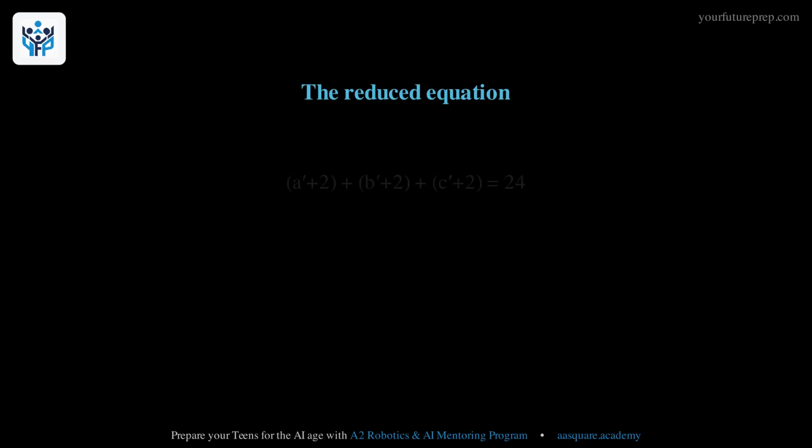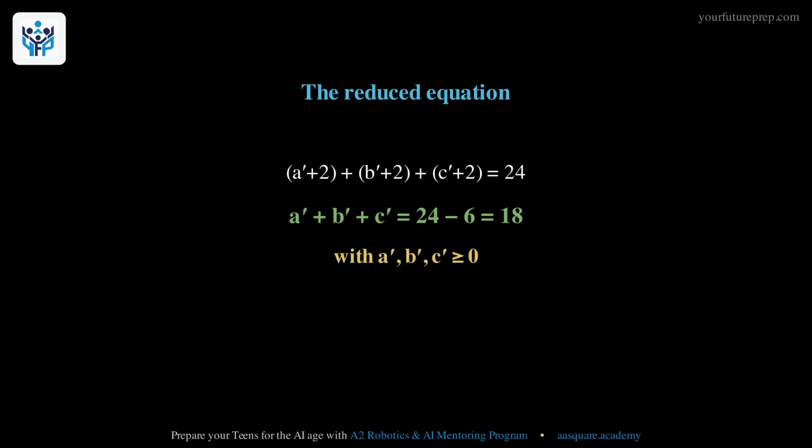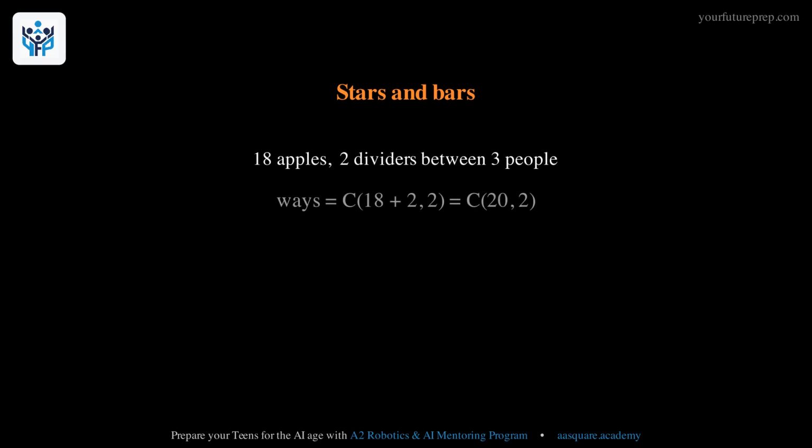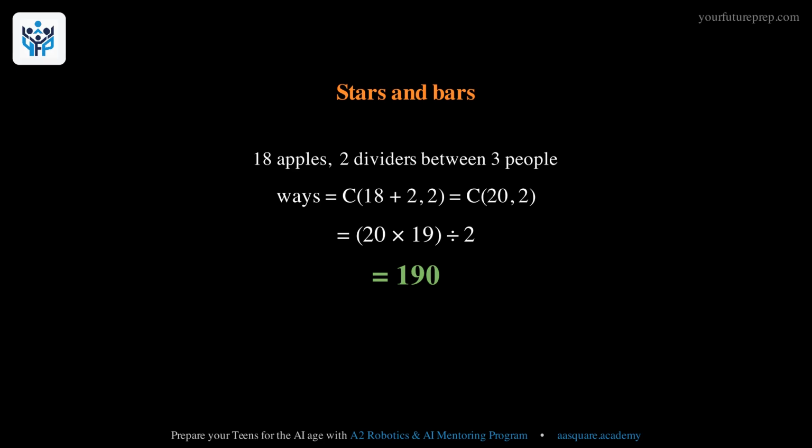Substituting back, the 6 guaranteed apples come out of the 24, and A prime plus B prime plus C prime equals 18, where each is 0 or more. This is a stars and bars problem. We are splitting 18 identical apples among 3 people using 2 dividers. The number of ways is 20